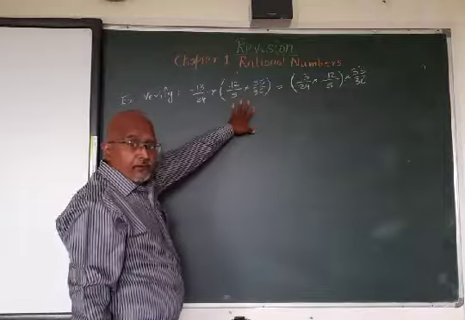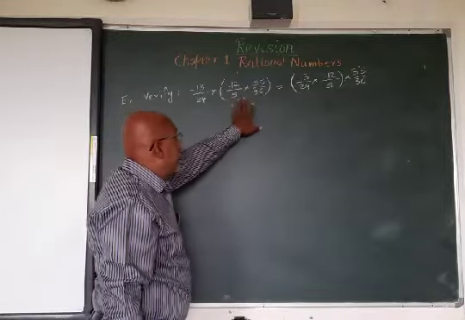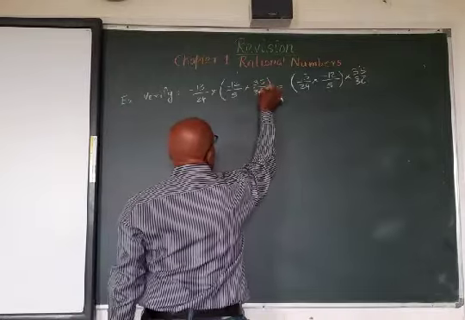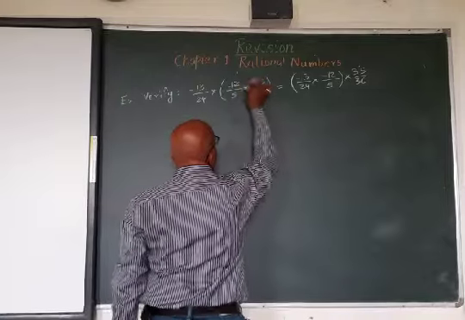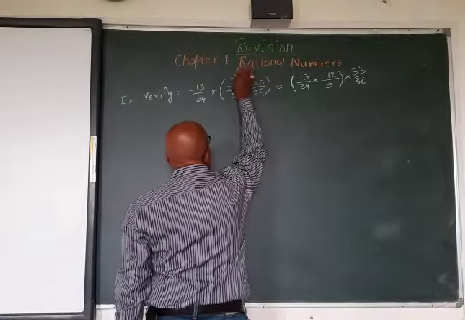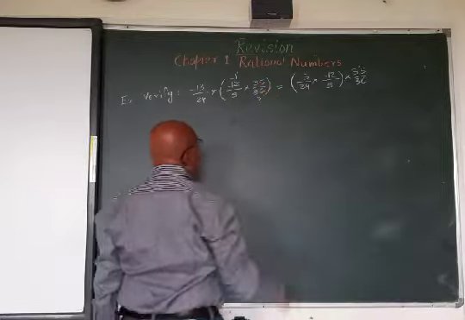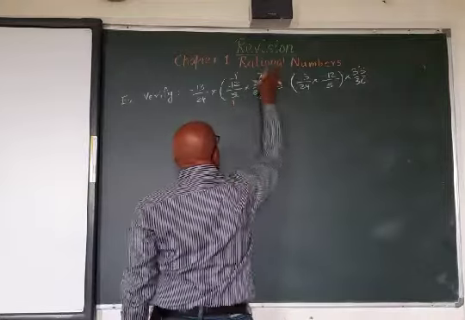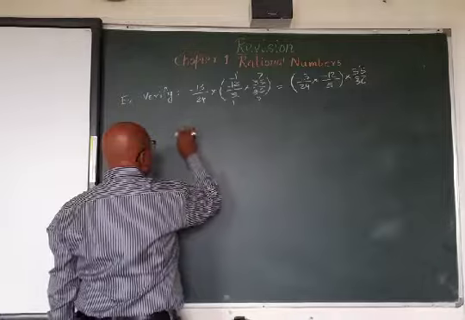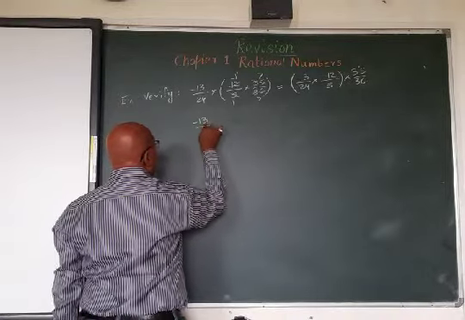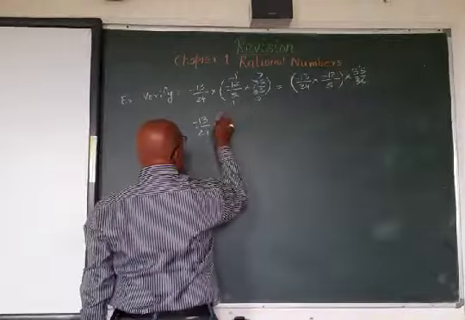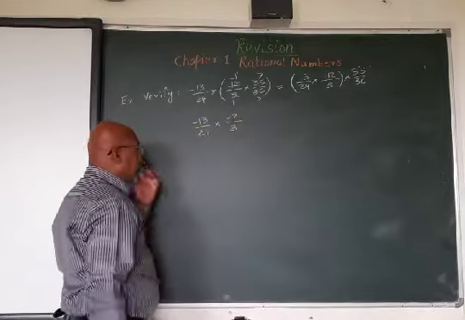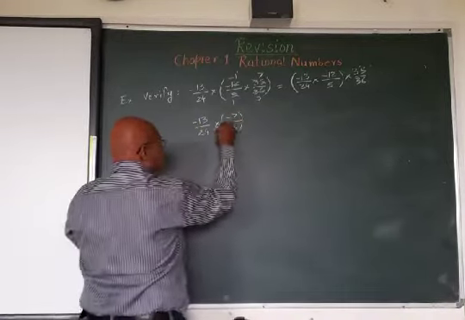You know the BODMAS rule. B means bracket, so first we have to solve the bracket. Now in this bracket you can see here 12 and 36 can be directly cancelled. So here we get minus 1 and here 3. Same as here, 1 and 7. So what I get here is minus 13 upon 24 multiplied by minus 7 upon 3. I have to put this in bracket because two signs cannot come together.